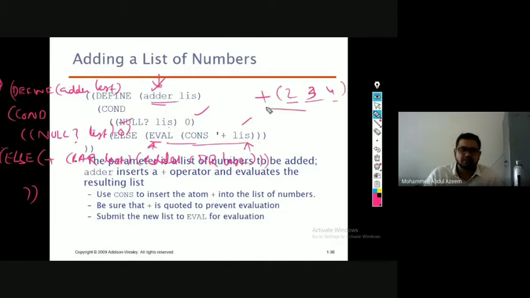Otherwise, here you can see the plus is the operation which is going to be applied on. First you apply car list, which means you'll get the head part of this. It means you get 2 initially, right? Yes or no? And then the next parameter that you are passing is nothing but a function call itself, the adder. So adder of CDR list, right? Adder of CDR list means the decremented part of it. It means 3, 4 you are sending here.